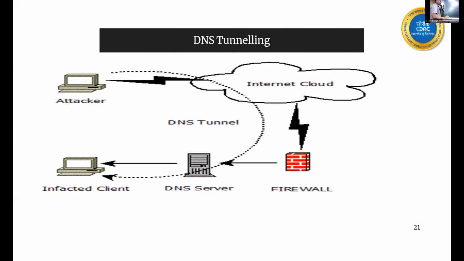Right? Now what is happening? You will say that this is one client here. Now in a DNS tunneling attack, what will happen? Even though you are having a firewall here, the attacker can get the information about this client. He can download any client file from the client, right? Or the attacker can do CNC or C2C, command and control, means remotely access this client. The attacker remotely accesses this client using something called a DNS tunneling attack.